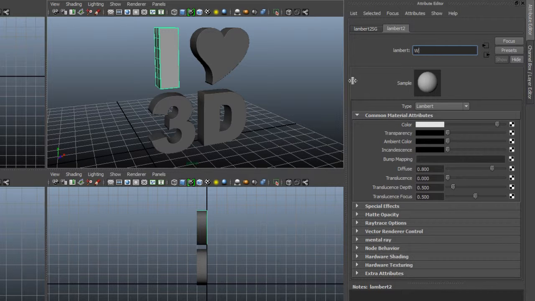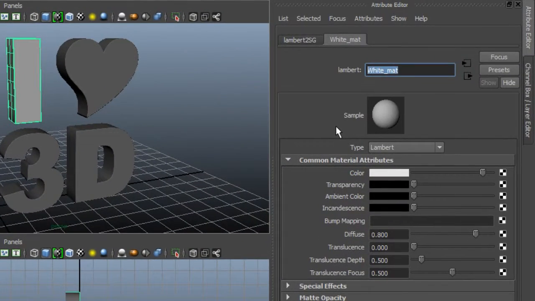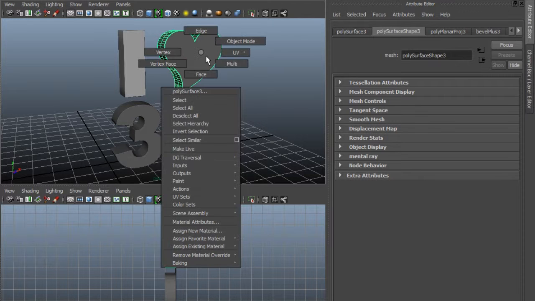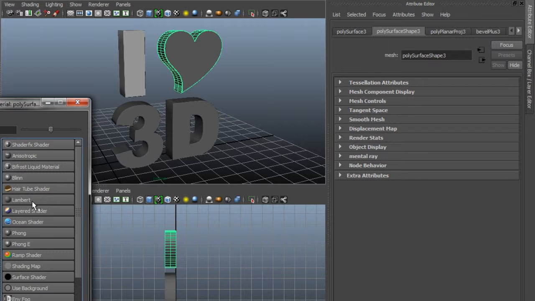So I'll just call this my white, and I'll underscore for material so that we'll easily be able to find this material in the future. So now let's assign our heart color material. So we'll repeat the procedure. We'll right click, assign new material. I'll use a Lambert,